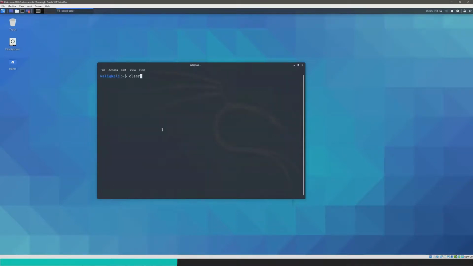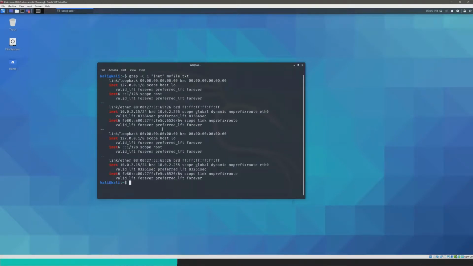Not too good of an example, but let's say I only wanted to do 1 line before and after. That's a little better. So here, for inet, the lines before and after print as well, not just the line itself. Same thing for inet 6, before and after, and so on.